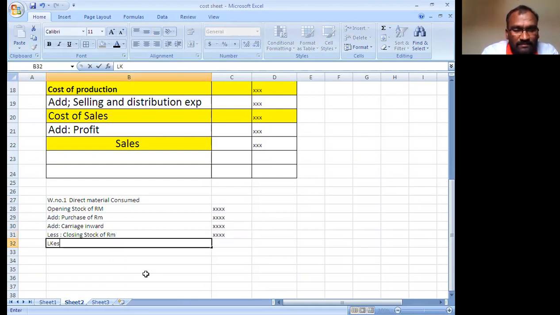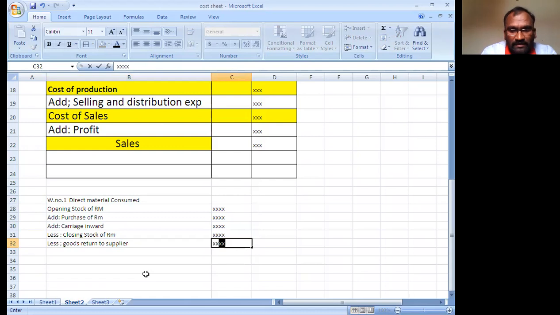Next, less returns, goods returned to supplier, which is also deducted. And finally, you get the direct material consumed value.